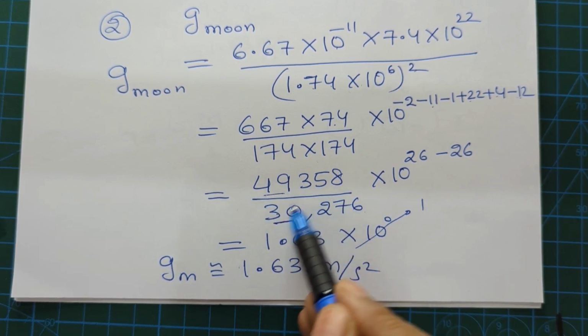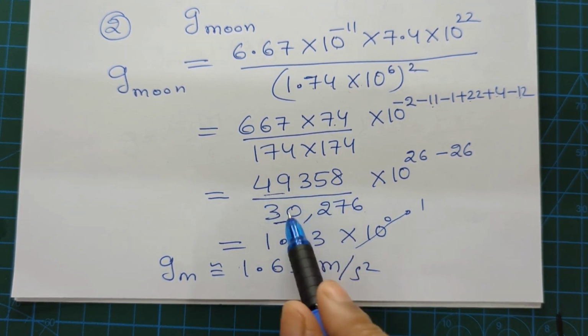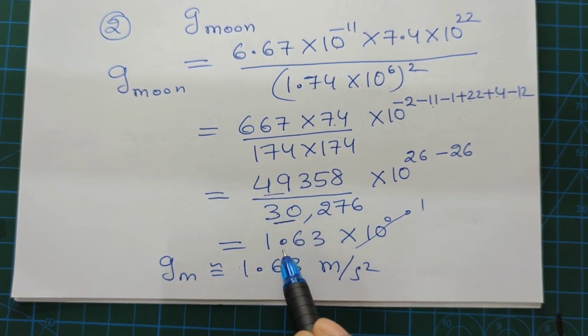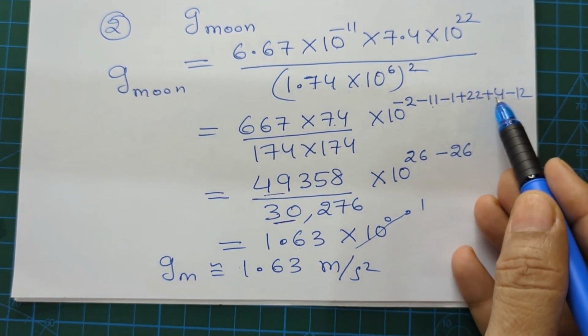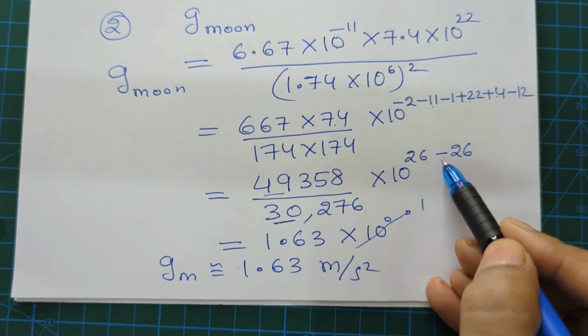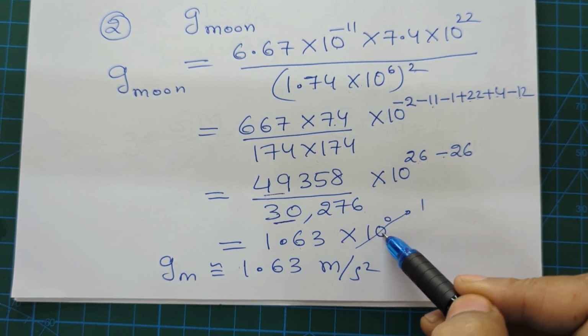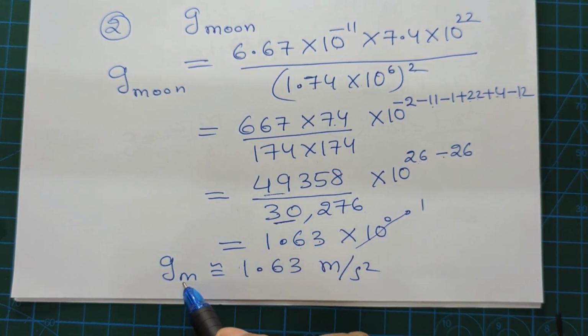So when we divide these two, we will get something not greater than 2 but very close to 2. So 1.6. Really, when we divide this, we get 1.63, but you can go for approximately 1.6. Here 26, 22 plus 4, 26, and all the negatives when we add, we get again 26. 26 minus 26 is 0, 10 to the power 0. Any variable or number to the power 0 is 1. So it is 1.63. Acceleration due to gravity produced in a freely falling object on the Moon is 1.63 meter per